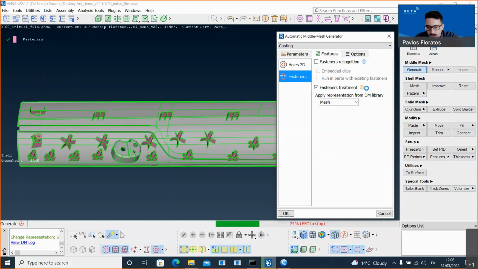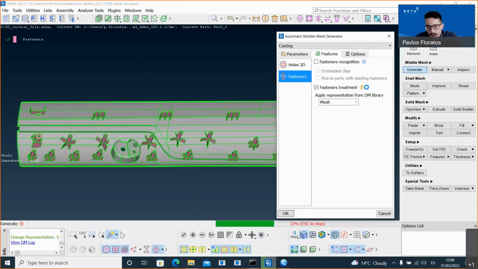The second option in casting is about the treatment of fasteners. What does fasteners treatment mean? If I enable it, it means that casting will ignore all the faces that belong to fastener features. This way, casting will produce a result only in the main body of the part, and it will not produce a result on the fasteners.